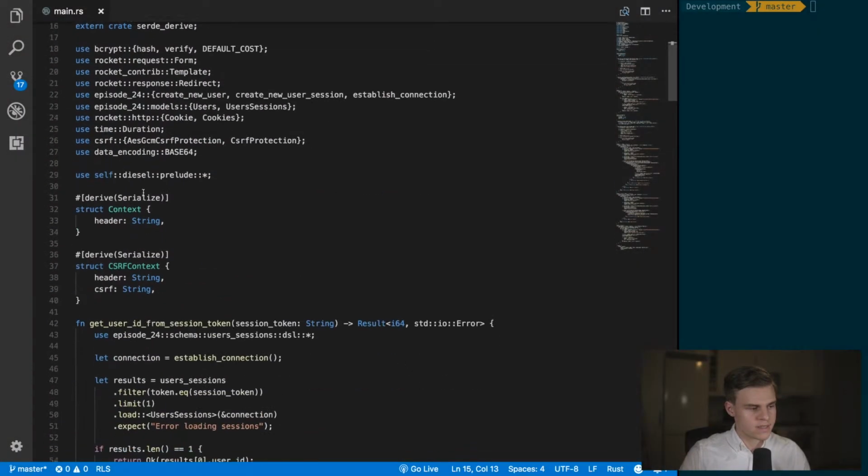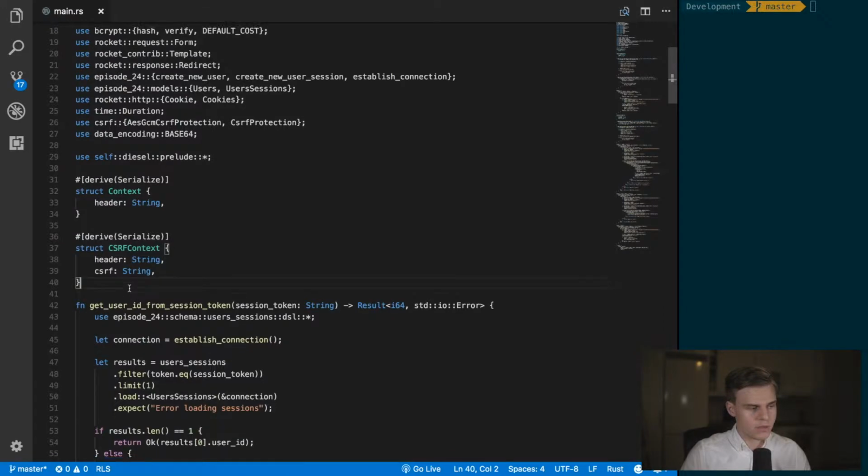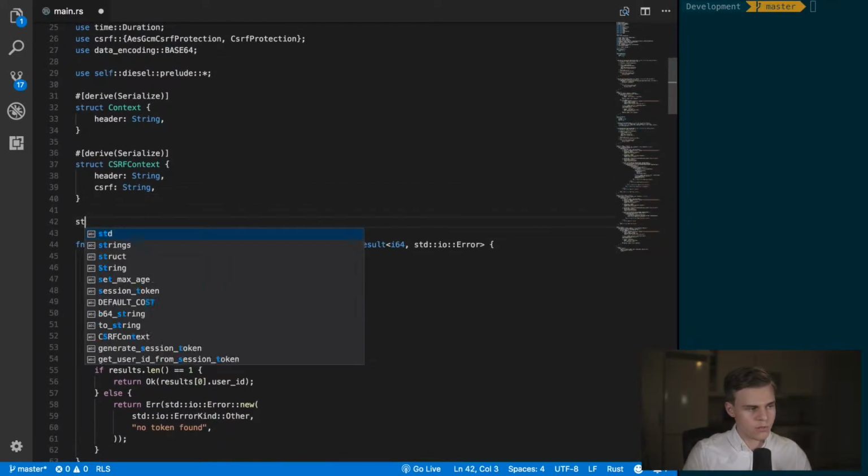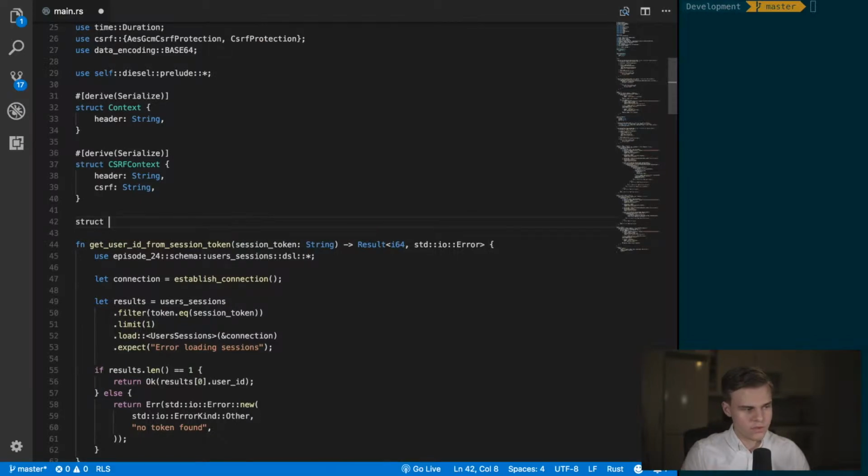So in this episode we're going to take a look at request forwarding in Rocket in Rust. Alright, so let's get straight into it. So this is the code that we created in the previous episode. So we're going to extend that, and we want to start off by declaring a new struct, and we're going to call it user,